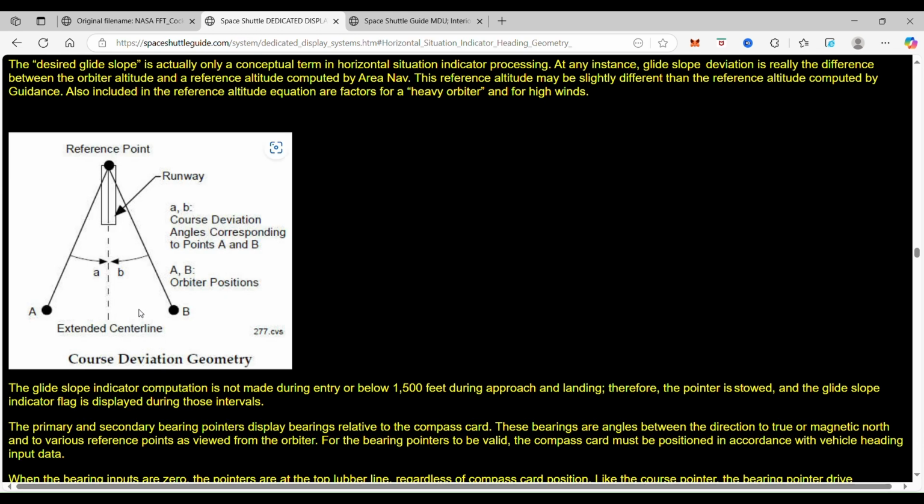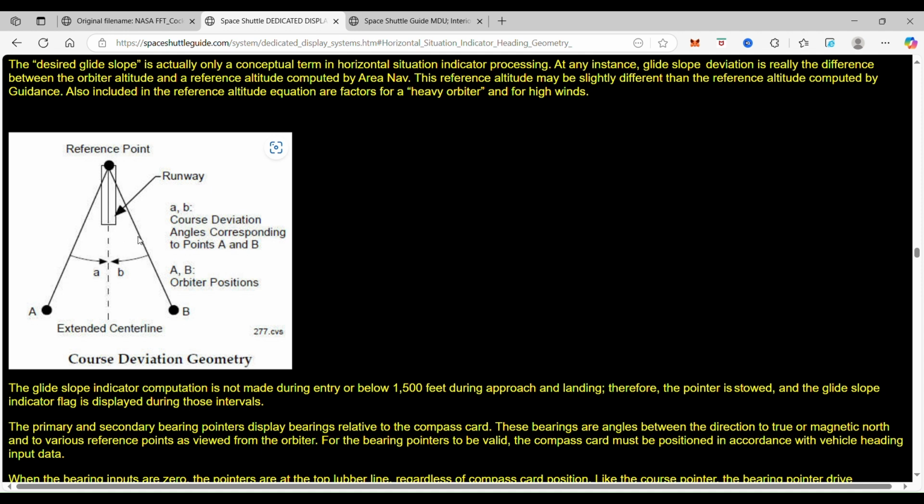We're probably right over here. And remember how I told you if we kept going straight, that needle would keep going over, and that's because this works on an angle. Even though it gives you a distance from the cross track, it actually works on an angle. So if I'm here and I keep going straight, what's going to happen? The needle is going to tell me, hey, you've got to turn more to get to the end of the